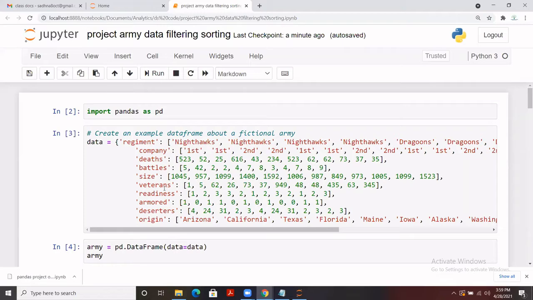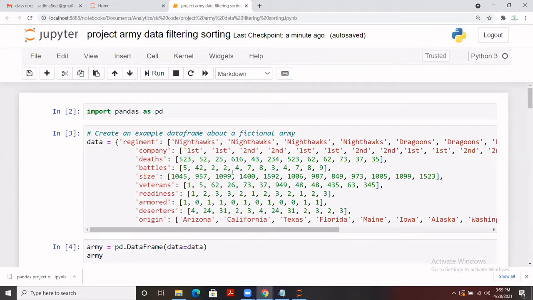In our last class, we discussed some of the functions that we use on a daily basis while performing data analysis on any data set. So I started with a very small project, so you guys can have an idea of how to apply those functions that we learned so far. Today I'm going to take another data set just to walk you through some more examples that we use to filter and sort our data.